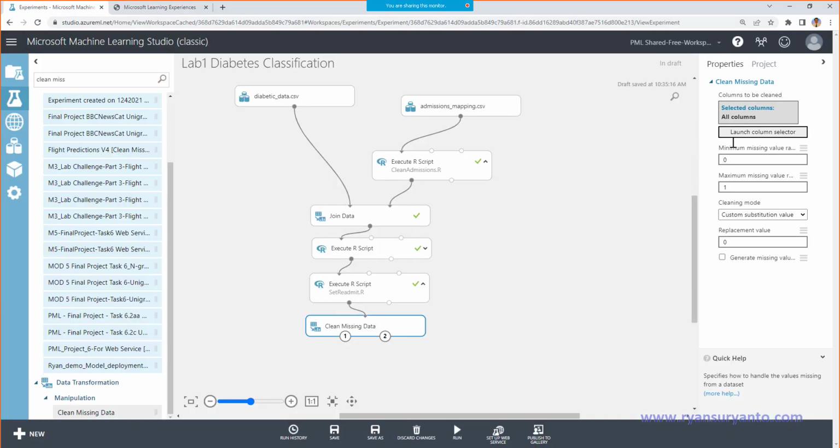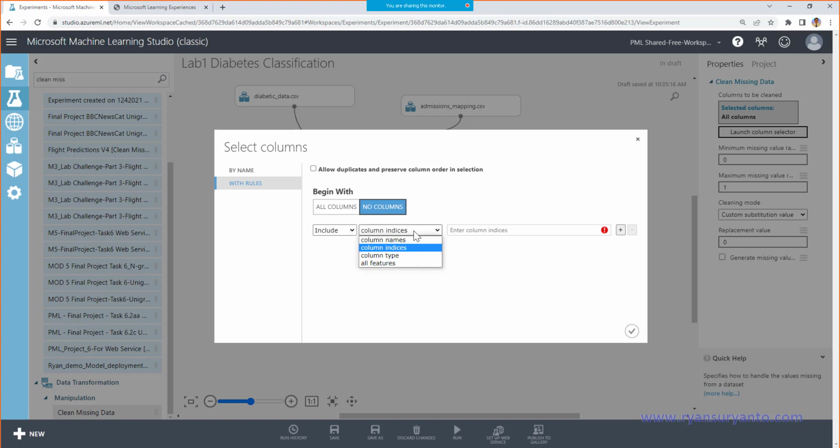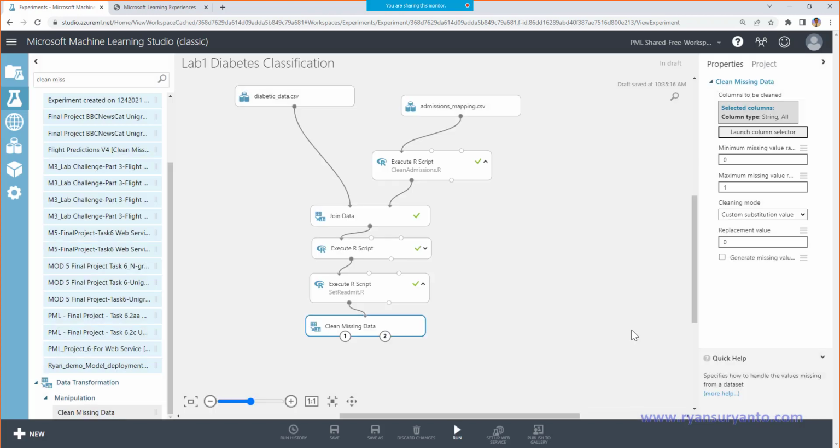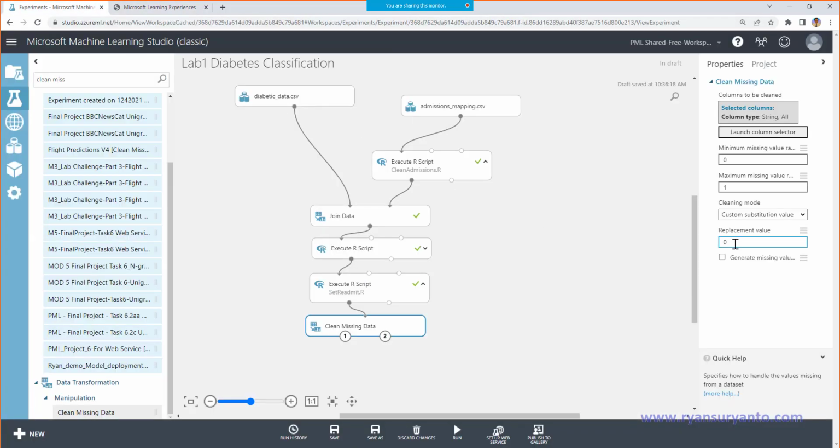So here in the launch column selector, with the rule, start with no column, then include the column type string. Be careful: start with no column and then include the string. Okay, 0 1 and then custom substitution value, then replace with unknown.